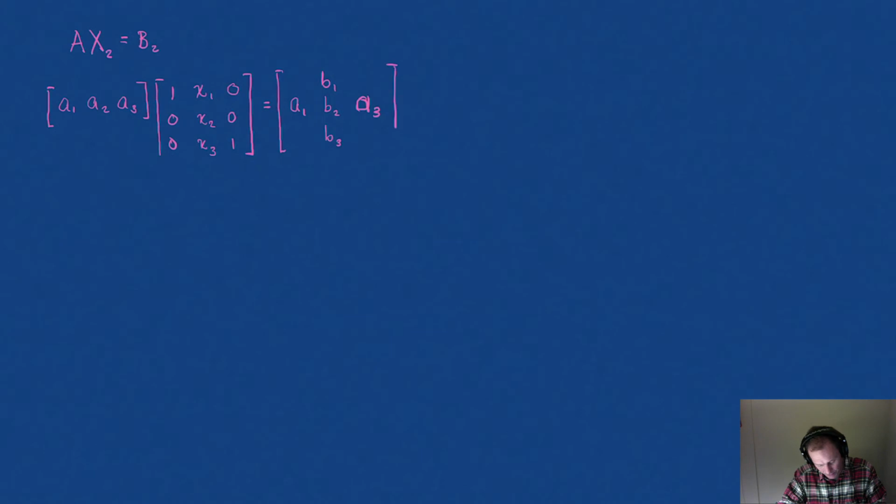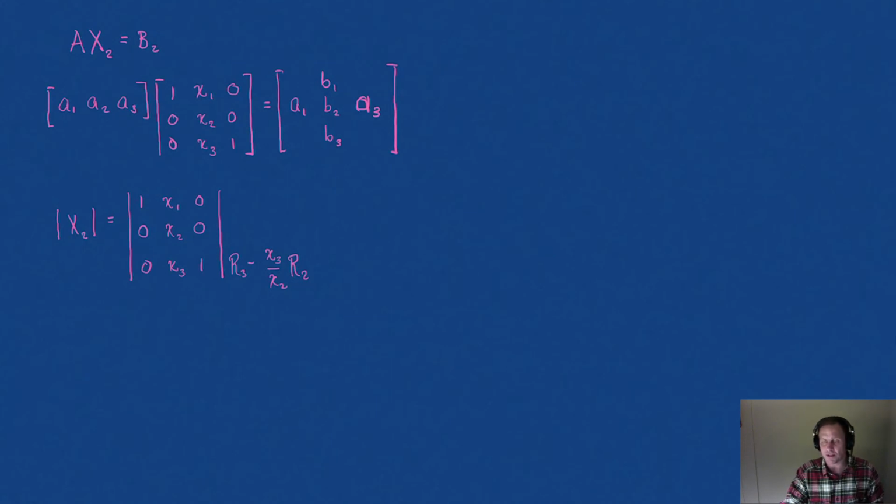Okay, A3. So now my one question is, what is the determinant of x2? Oh my gosh, look at this. Look at this: 1, x1, 0, 0, x2, 0, 0, x3, 1. Here's what's so amazing: the determinant is unaffected by row operations. So I could work on row 3 by subtracting x3 divided by x2 times row 2, and I'm going to get a diagonal matrix. The determinant of a diagonal matrix is just the product of the diagonal components. We're going to be left with 1 times x2 times 1, which is simply x2,